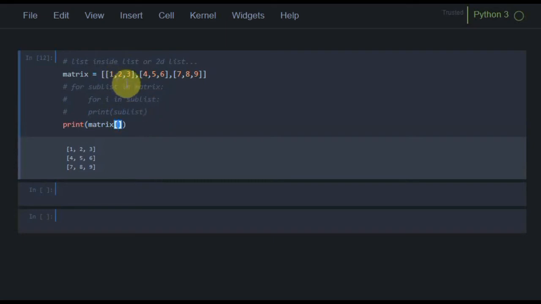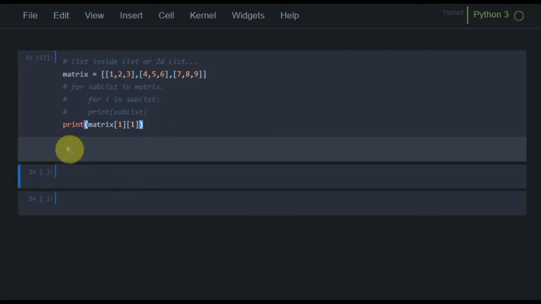This sublist is at 0 index, and the 5 is in the second sublist. The second sublist is at index 1, and the 5 is the item at index 1. So I can directly use square bracket 1, square bracket 1, and if I run this program, you can see the 5 is at output.